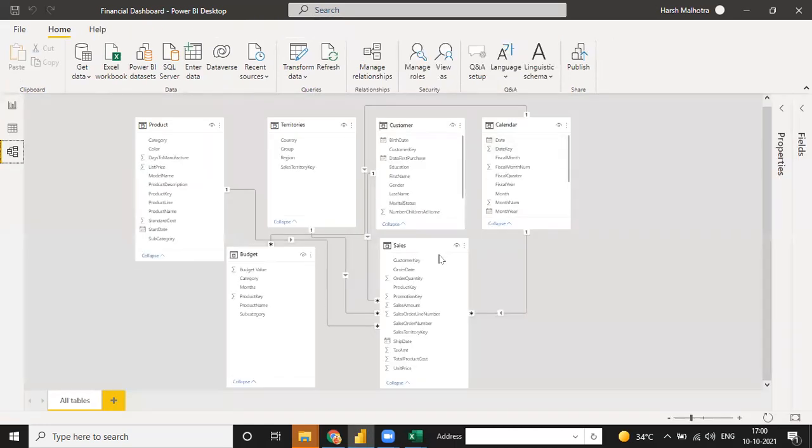But one more thing. We have the sales table connected with the calendar, and the budget table connected with the calendar. It is automatically connected sales to budget. We don't need to connect sales to budget separately, because sales is connected with calendar and budget is connected with calendar. It means A to B and A to C means B to C is already connected. Okay, now understand this.